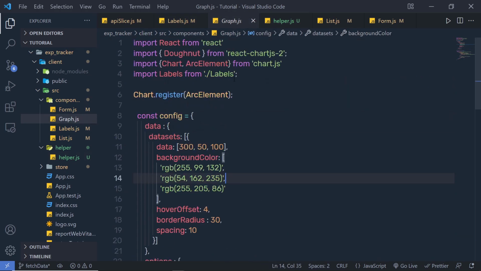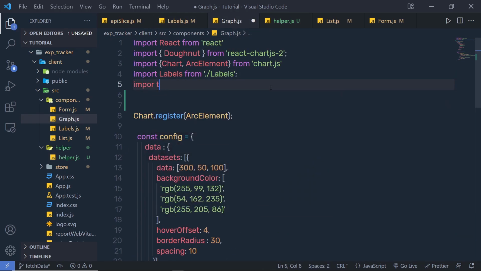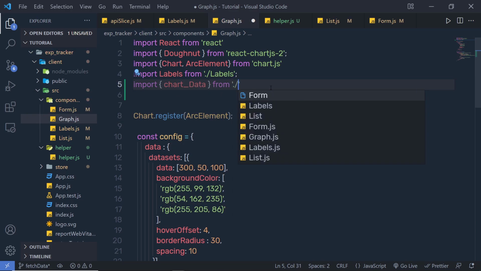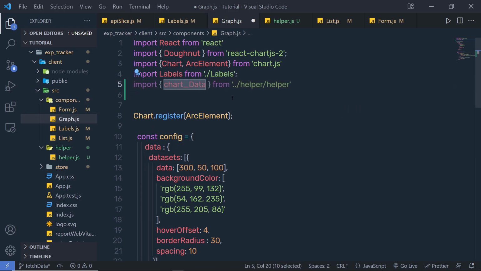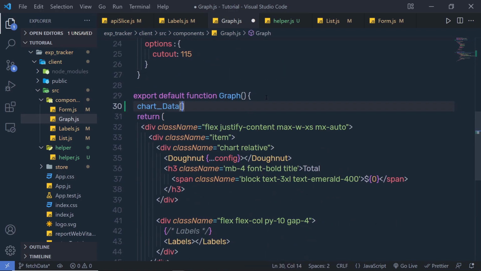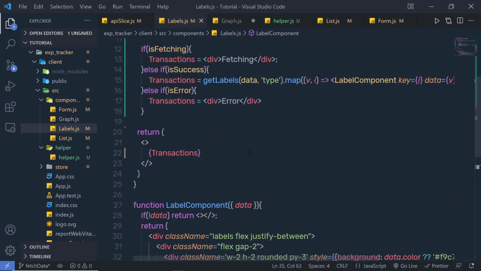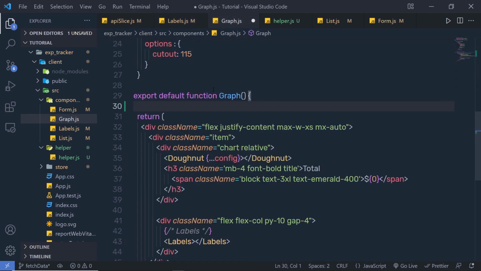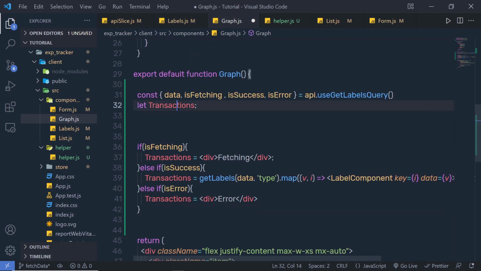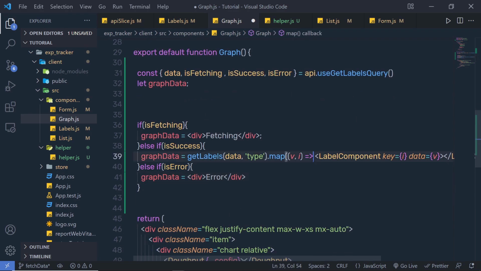Copy this chartData in the graph. At the top, I call import chartData from single quote dot forward slash double dot forward slash helper, calling the helper file, and from this we are going to call the chartData function, and I'm going to call this chartData function right here. And to this chartData, as you know, we need to pass transaction data. So instead of calling this chartData right here, let me copy this code from labels. If I copy all this code, paste that in the graph right here, and get rid of this transaction. If I specify here graphData, change all the variables as well to graphData like this, and comment this statement,